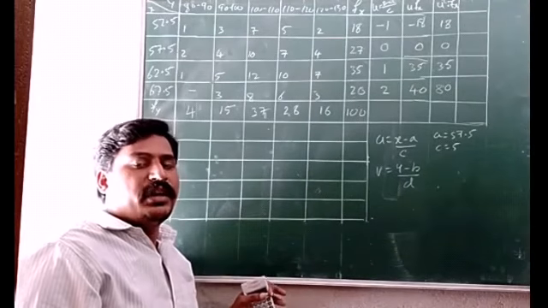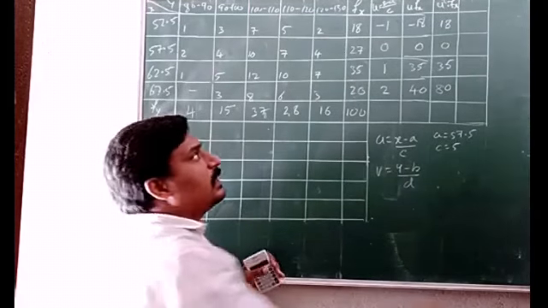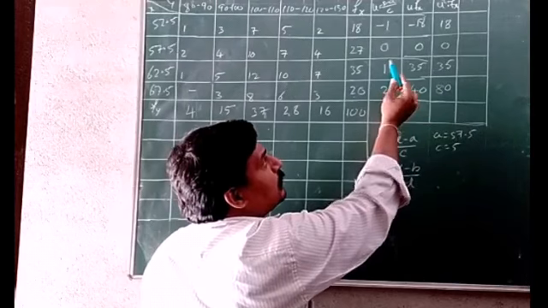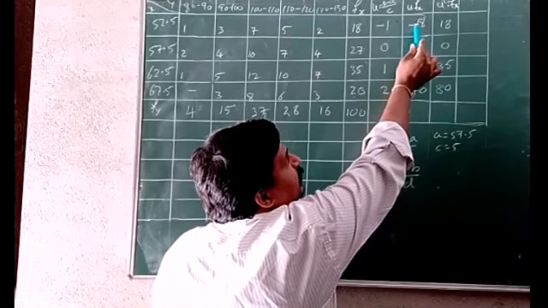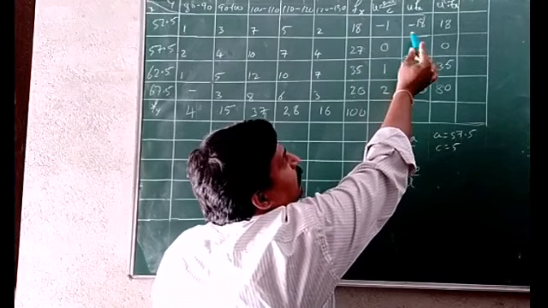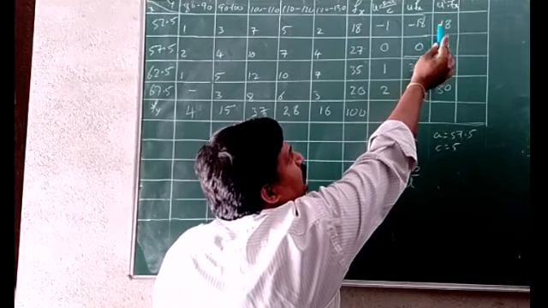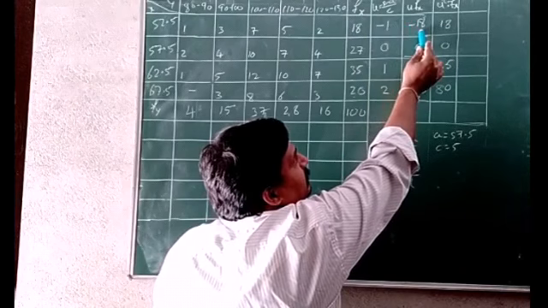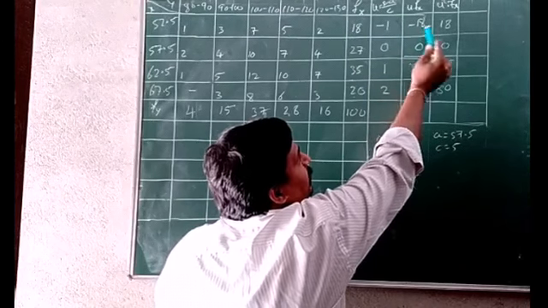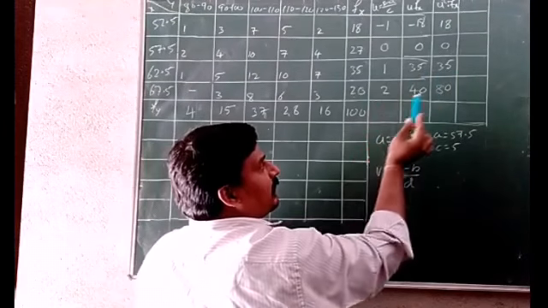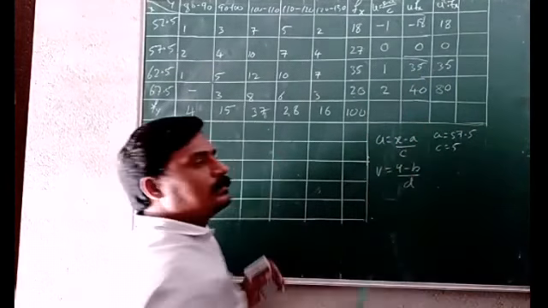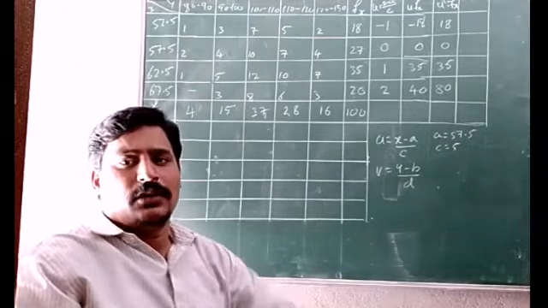This column you can also calculate by just multiplying UFX into U column. So that is minus 1 into minus 18. Here already U you have multiplied to Fx. Once again you are multiplying U only. So to get U square, that is minus 1 into minus 18. Minus into minus plus 1 into 18, 18. So 1 into 35, 35. 2 into 40, 80. Just this is a shortcut way of calculating.